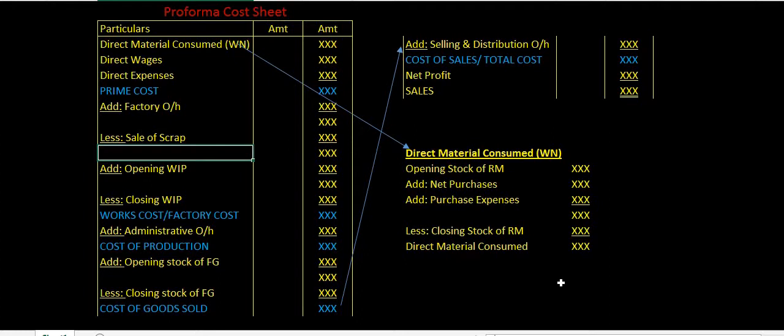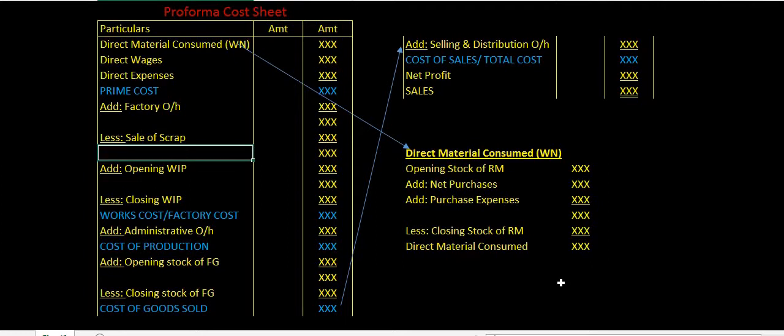Now, if you can see, I have not written anything here. Normally this is called gross works cost. But because we are doing our UG studies, we don't use this term. For your reference, I am just showing you here. This is called gross works cost. This is only for your knowledge. I am again removing it.